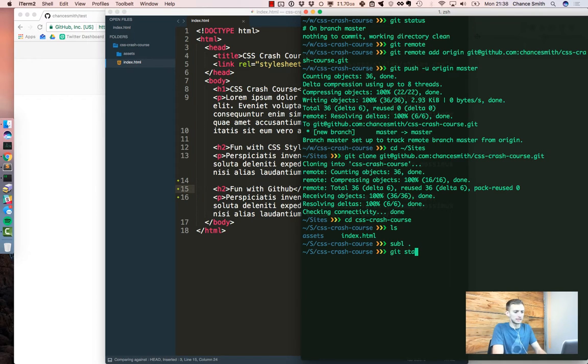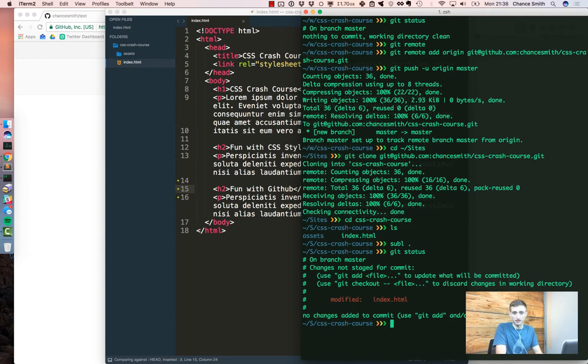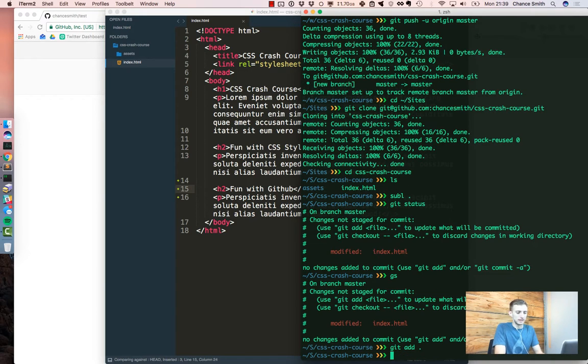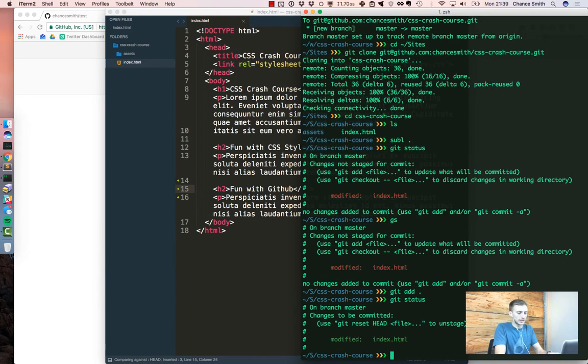So I'm going to do git status. I also have an alias for this, so it's easier to type, GS, and then that does git status for me. I can do git add, or GA, which is git add dot, and that adds the file that I just edited, and then I can do git commit with a message of